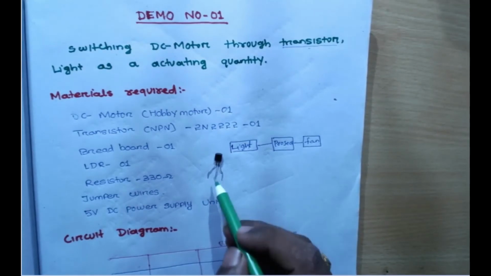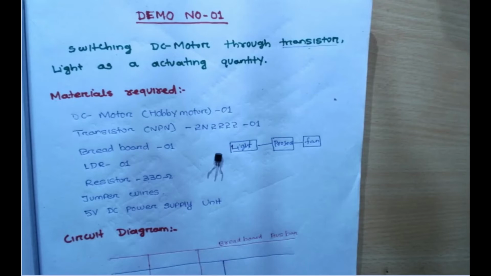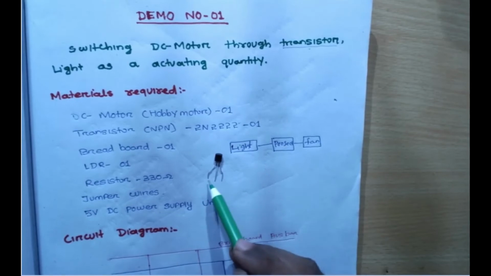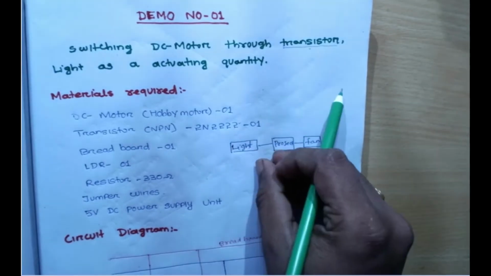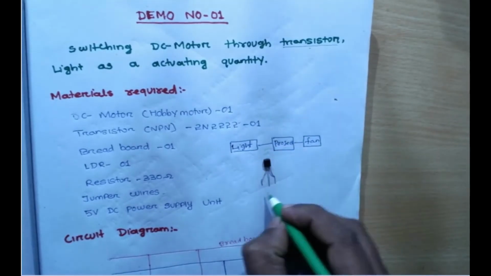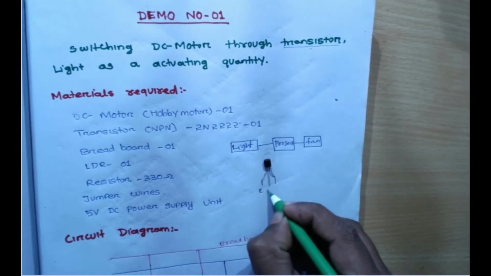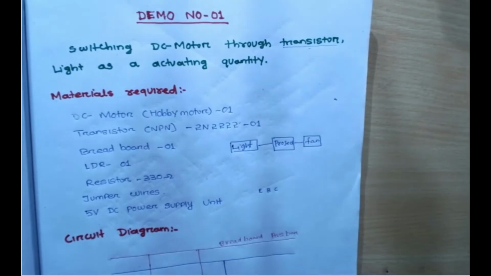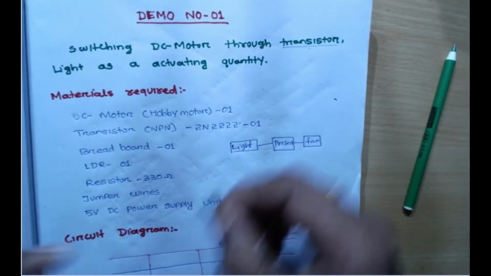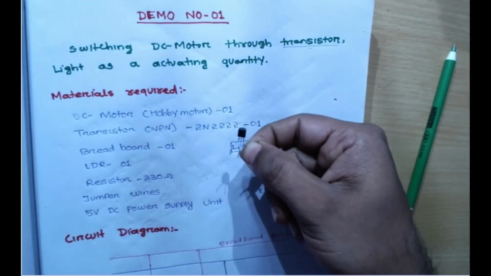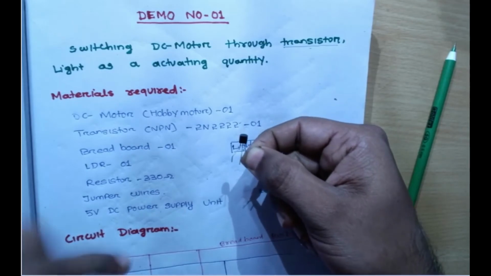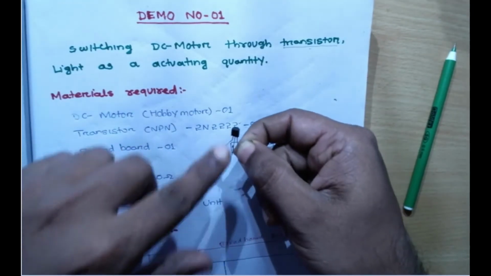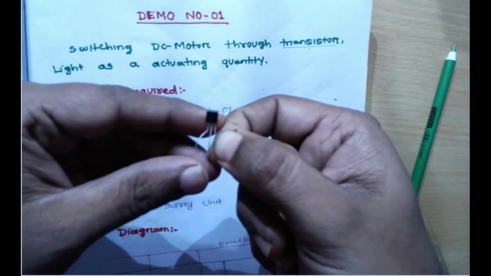This depends upon the different types of transistors available, not types as in polarity, but as per the manufacturing. This is the NPN transistor. This point is the emitter, this is the base and this is the collector. This depends upon the type of transistor. It is not fixed for every transistor. If you look at yours, you can see the number easily.